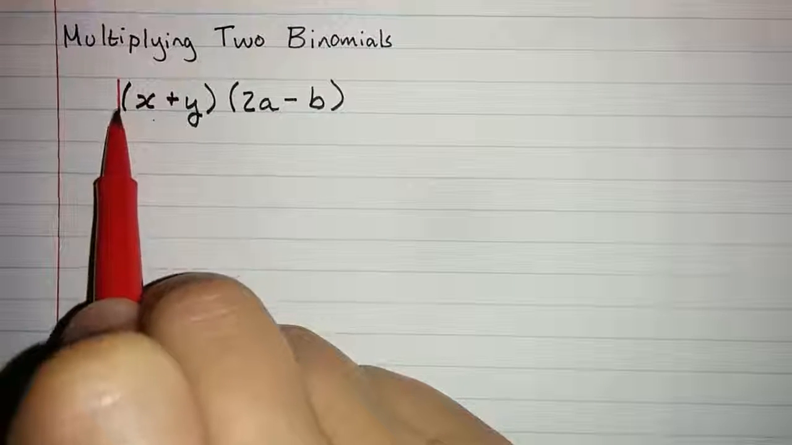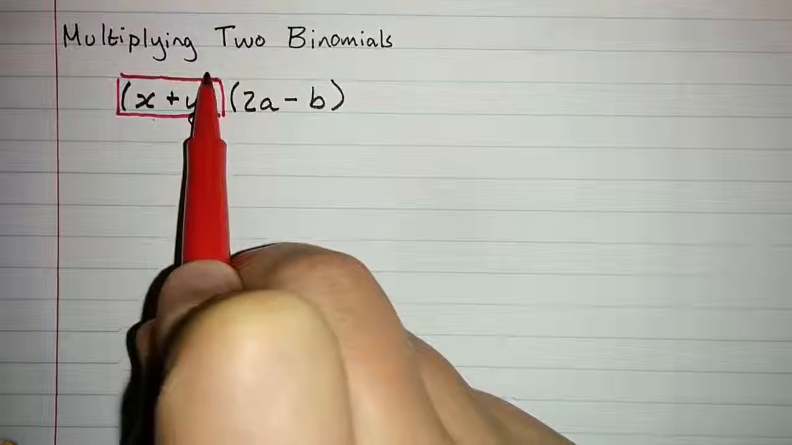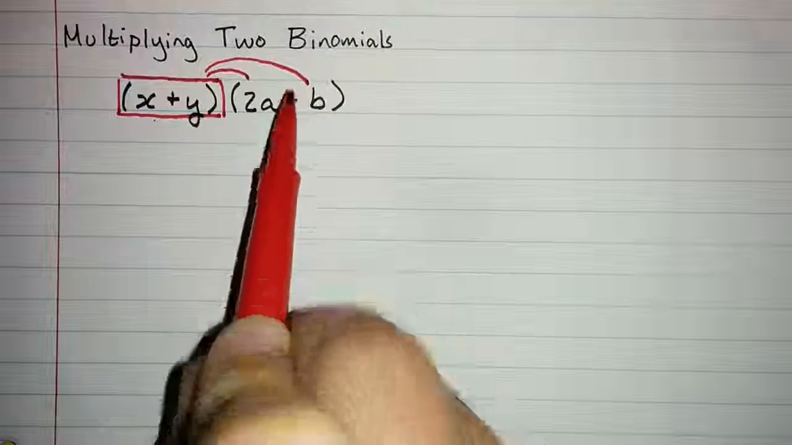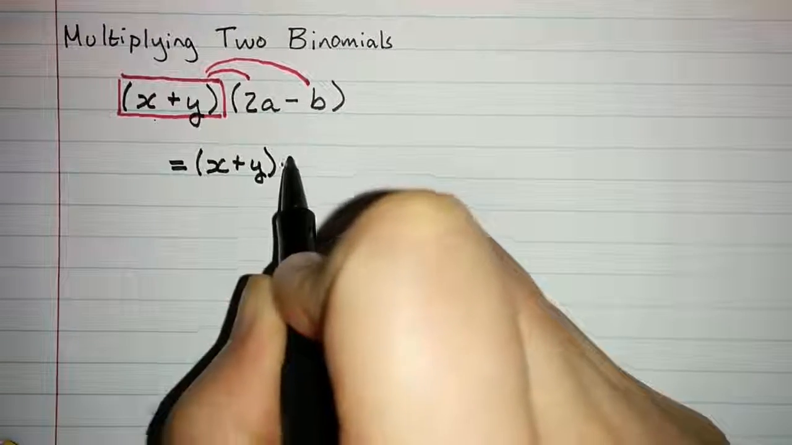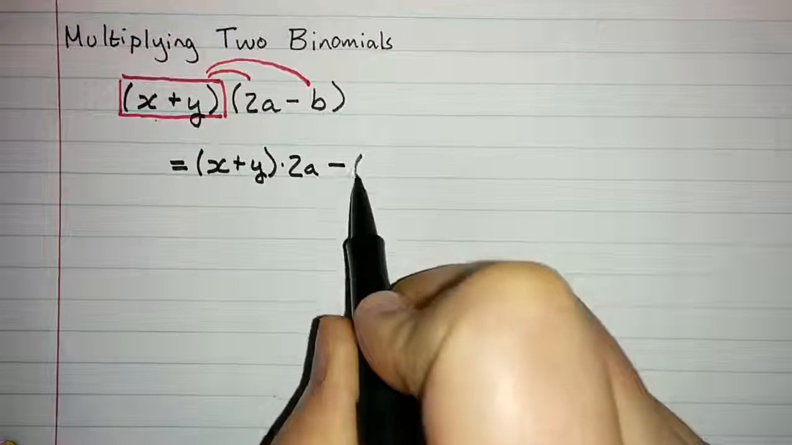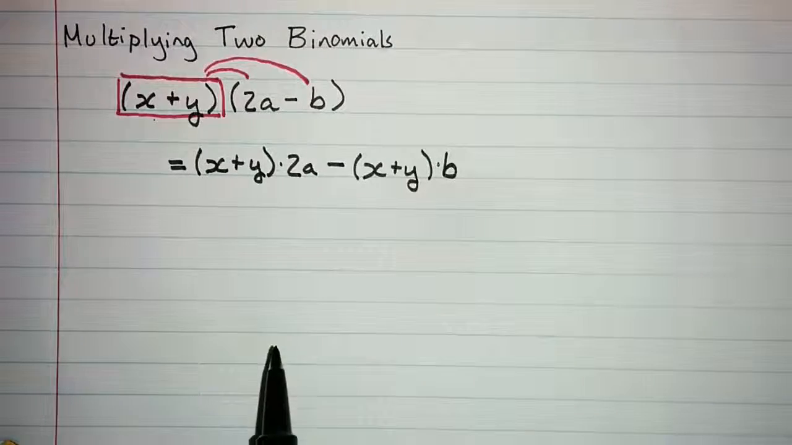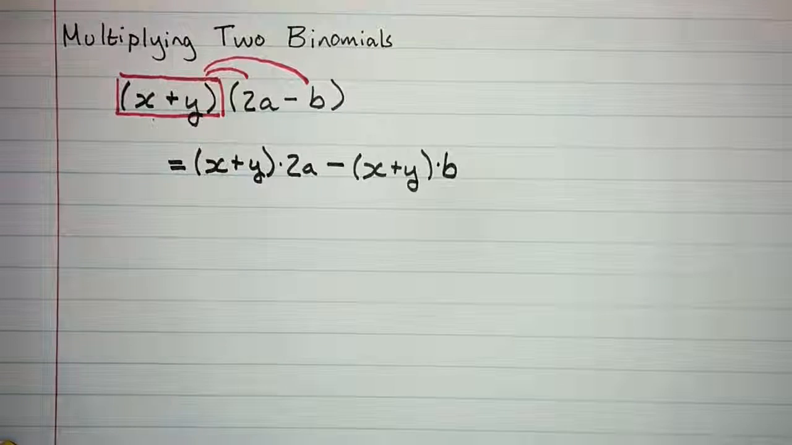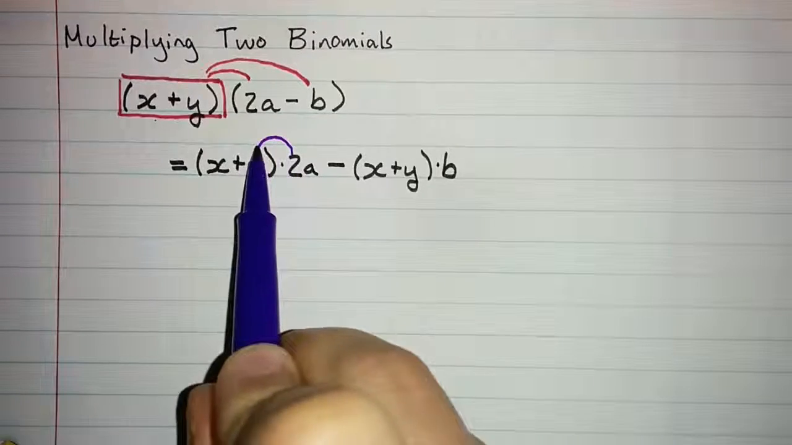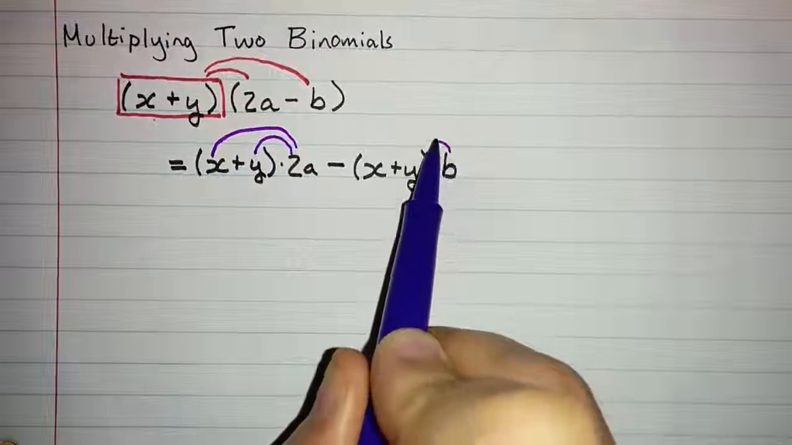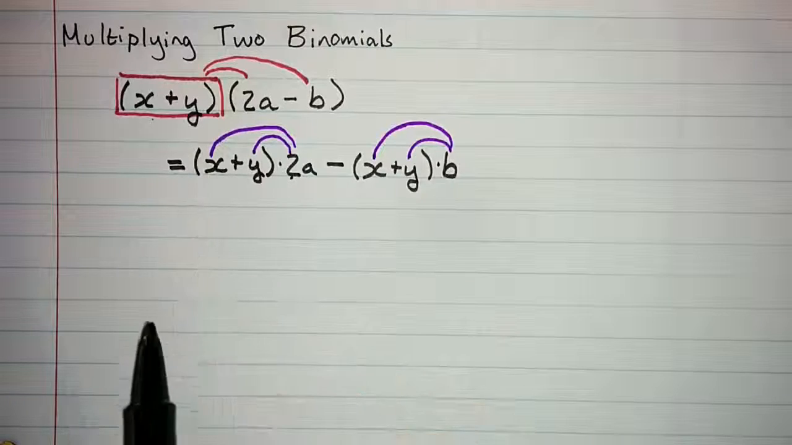We can think of x plus y as a single, fairly complicated object, and we want to distribute it across this subtraction. So we'll have (x plus y) times 2a minus (x plus y) times b. Right, this is just the distributive property. But now we can use the distributive property again. Using the distributive property here, we'll have